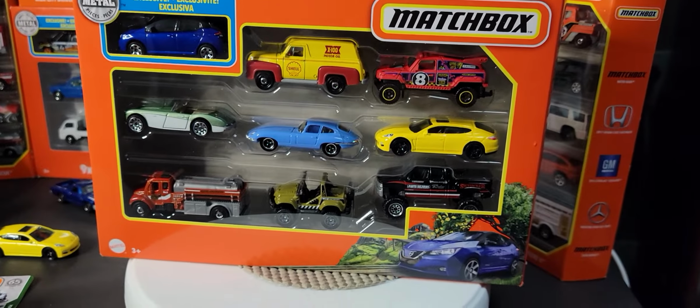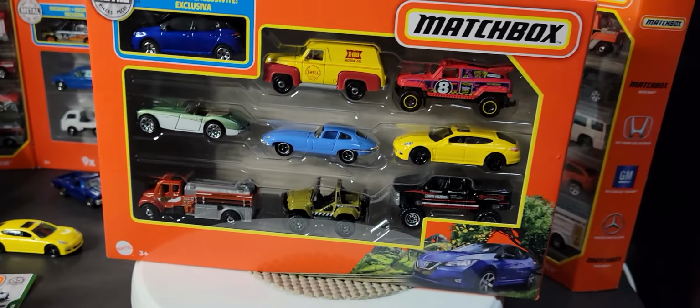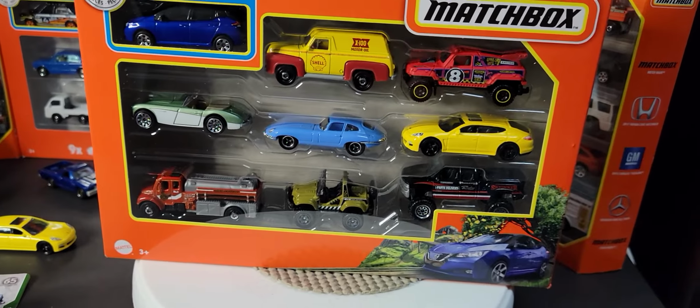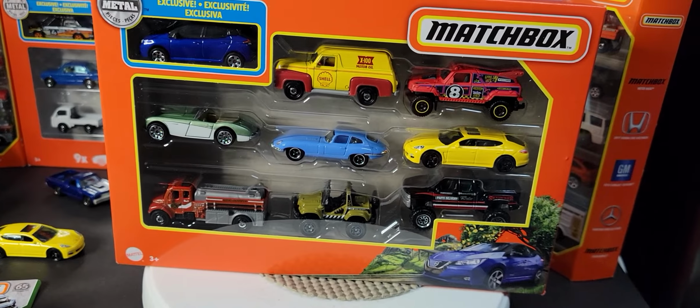Hey guys, it looks like Walmart are finally getting new 9-packs. This is, I think, the third 9-pack I've found now in 2022 in the last few weeks. Once again, it's not a super exciting 9-pack because we have seen a lot of these vehicles before, but I